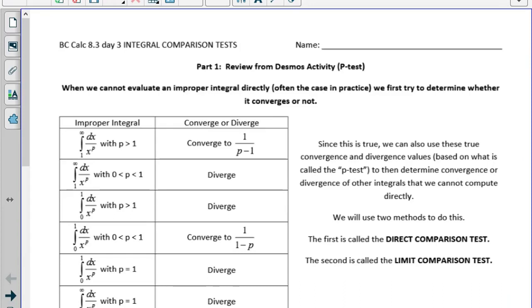So the first thing that we're going to talk about is what we learned in the Desmos activity, and that is the p-test. So if we have an integral of 1 over x to the p, its convergence or divergence is based on a couple things. First of all, it's based on the bounds, and second of all, it's based on the value of p. So because that's true, what we learned is that if we're taking the integral from 1 to infinity,